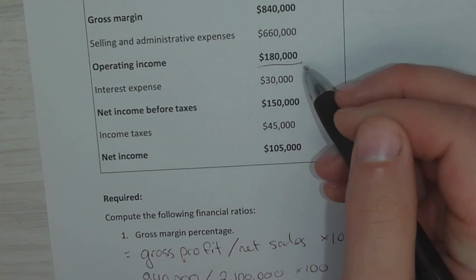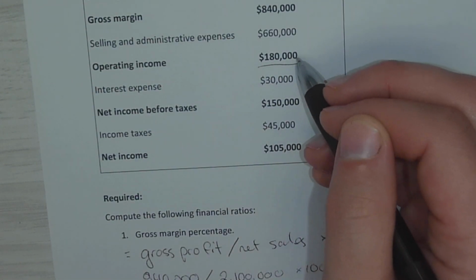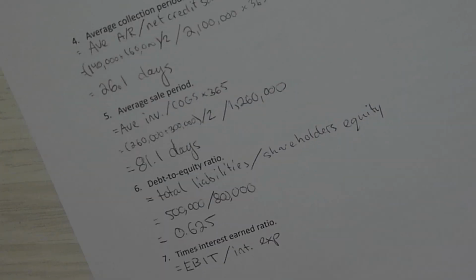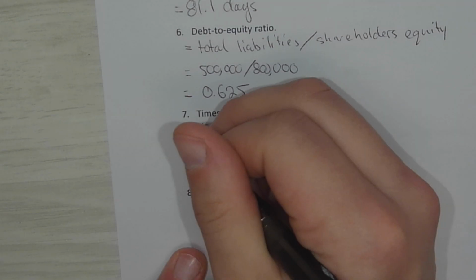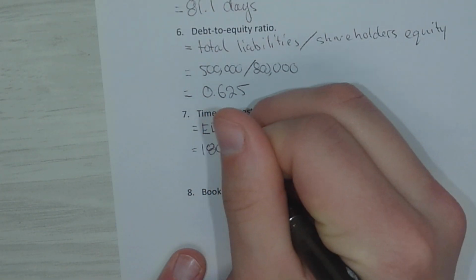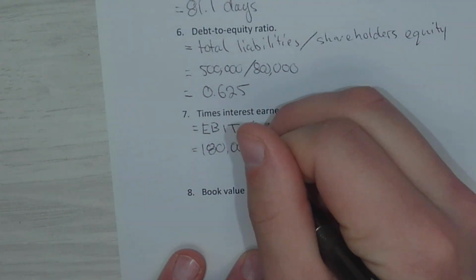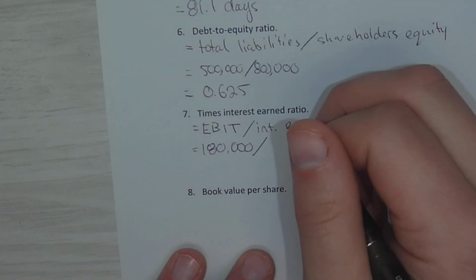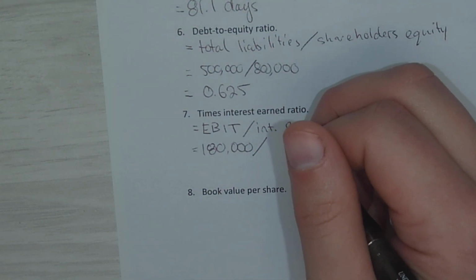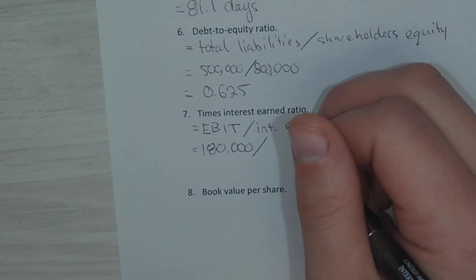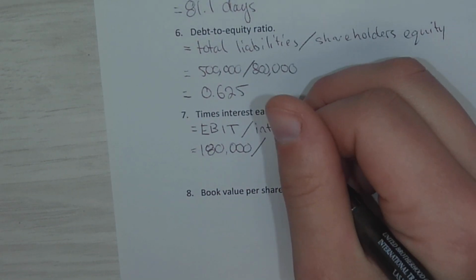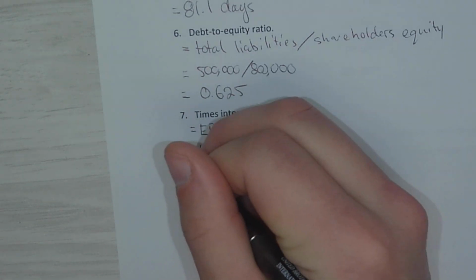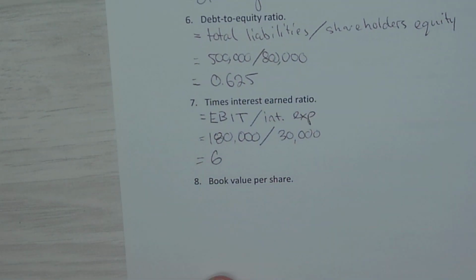So our operating income is what we're going to be using, because that's our earnings before interest and tax, which equals $180,000, and our interest expense is $30,000, which gets us a times interest earned ratio of 6, meaning we can